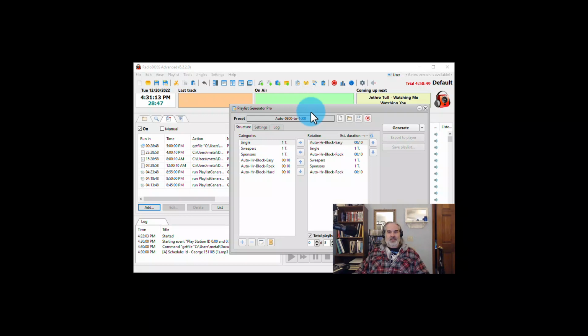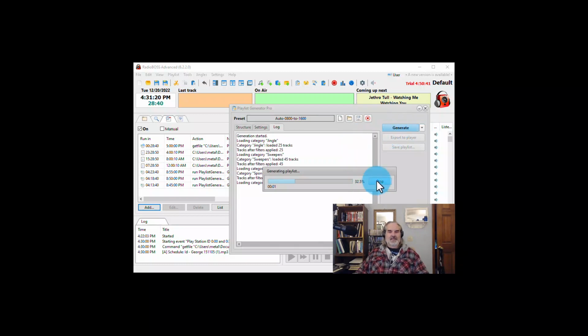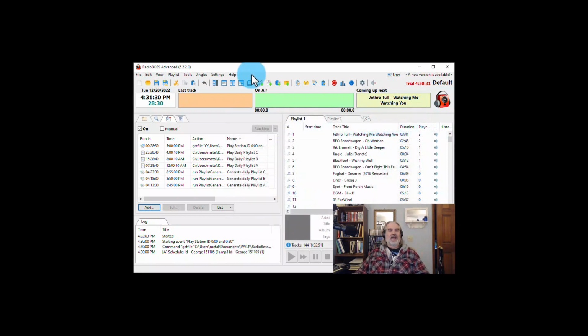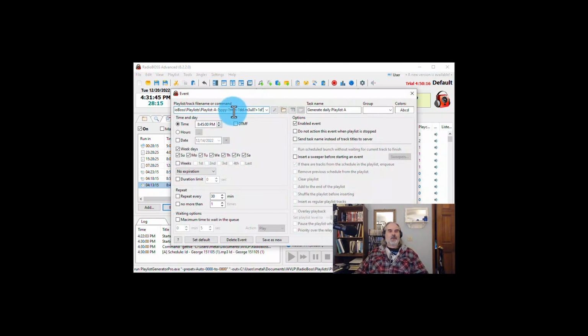Okay, having generated those presets, if I use this generate, okay, it's actually doing it now, which I didn't really need it to do, but once it's done, it would give me the choice of either sending that playlist to the player so it would go immediately on the air, or saving it to a file. We would want to save our playlist to a file, because then we can come back here to the event scheduler and create events. I'm going to edit one now that will use the save to a file playlist command